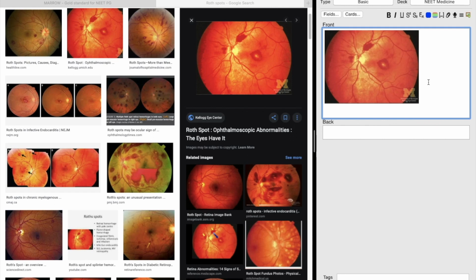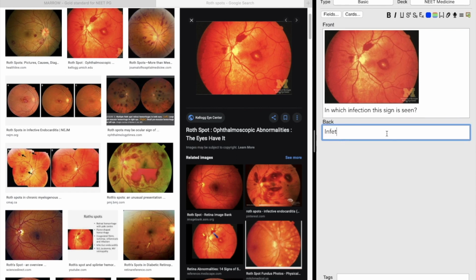And I'll also write a question here: in which infection is this sign seen? And I'll write down the answer: infective endocarditis. So this is another way of making up the basic flashcards.